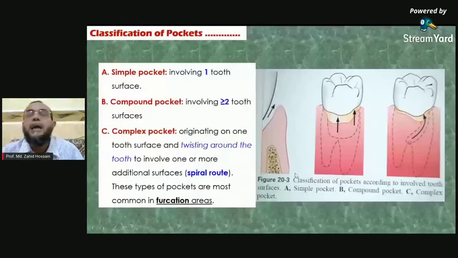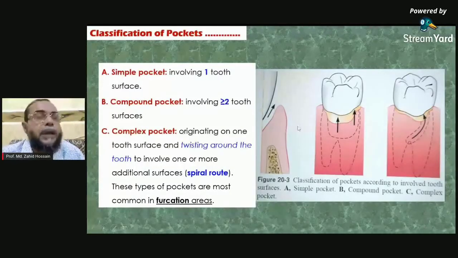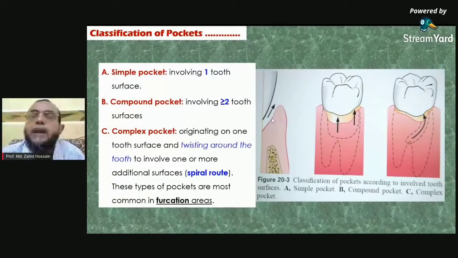We have also another classification. We make it three: simple pocket, compound pocket, and complex pocket. Simple pocket actually depends upon the sides. How many sides? You know, we measure a tooth at six sides: